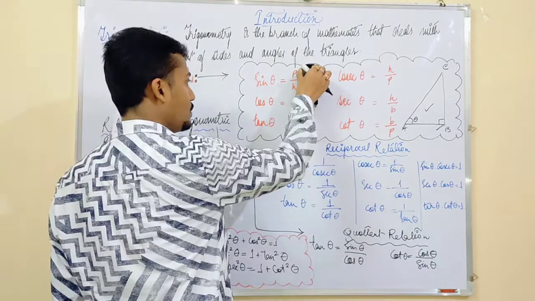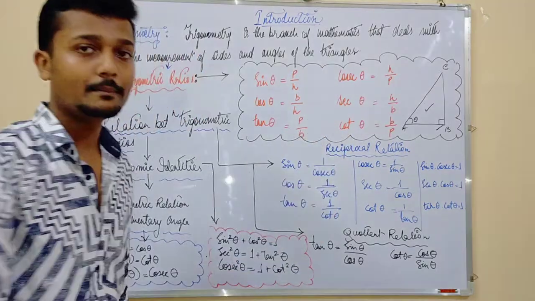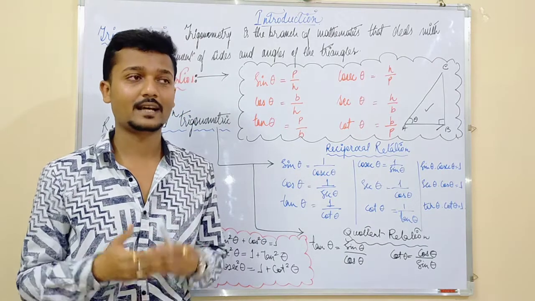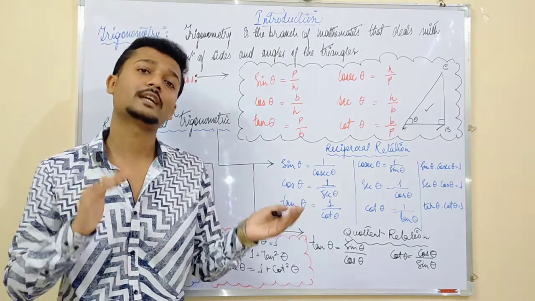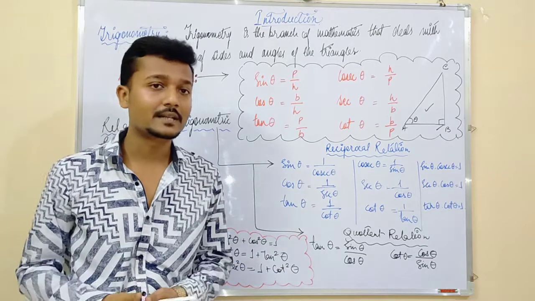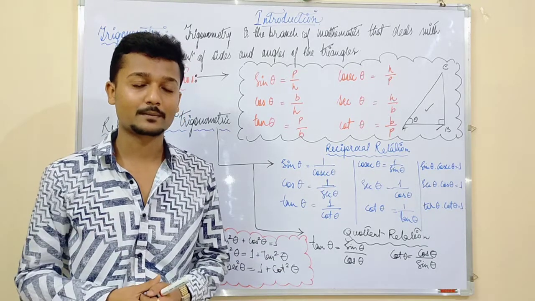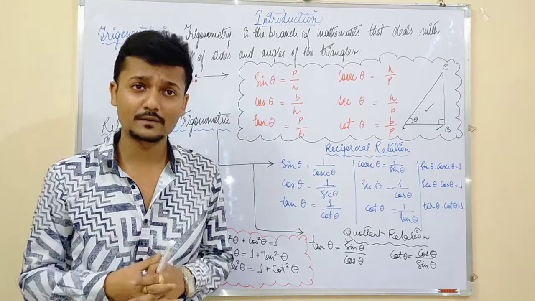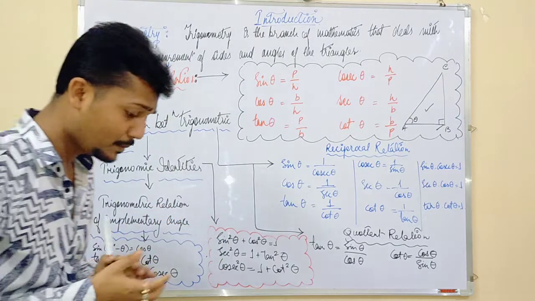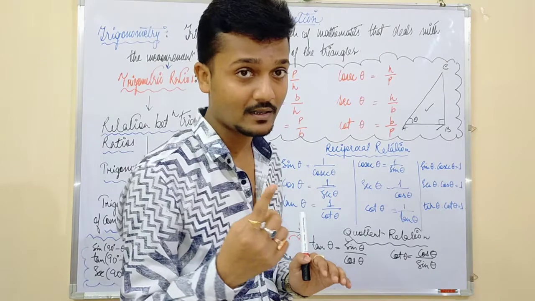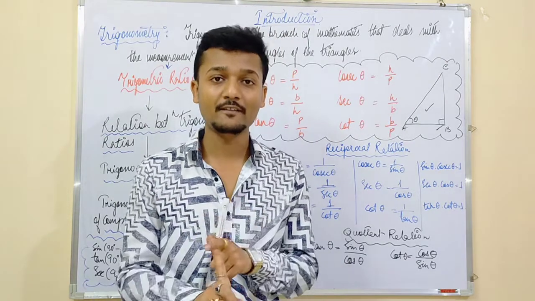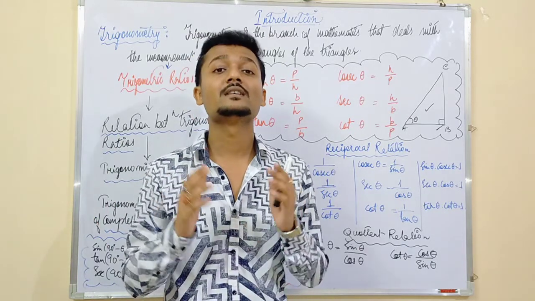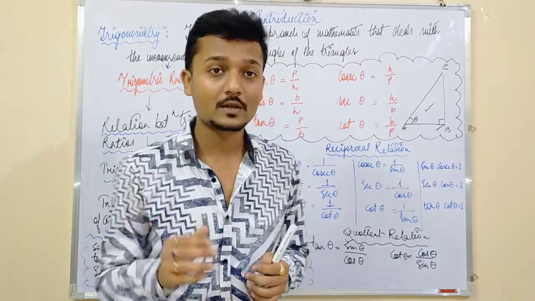Now the point is how to remember these things without memorizing. There is a very simple and very old technique. I won't say that I have invented any kind of technique. This is a very old technique used by many mathematics teachers to explain the chapter trigonometry, and it is quite easy and simple to remember. You have to remember one statement: some people have curly brown hair, turns permanently black. I repeat, some people have curly brown hair, turns permanently black.